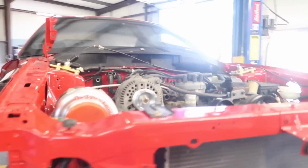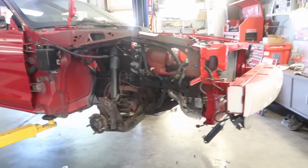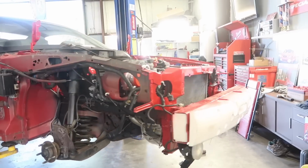We might go look at a white 94, 95 Cobra. I don't remember what year it is, and I don't even know if it's a roller, but the guy just wants like $2 grand for it and it looks pretty nice, so